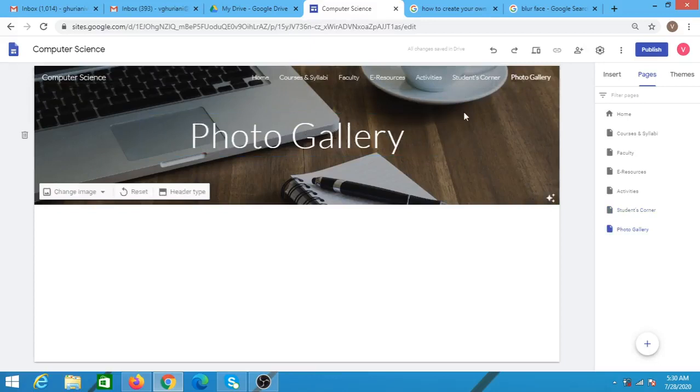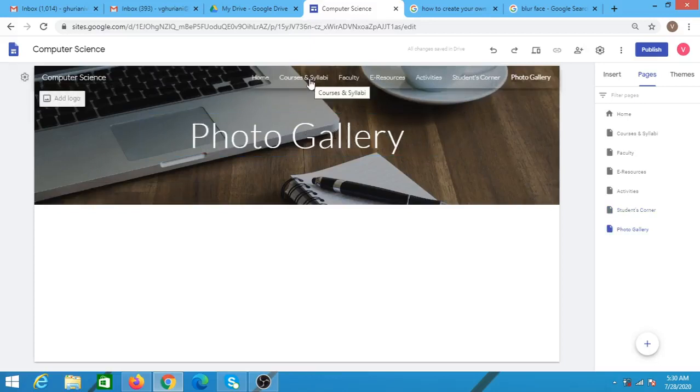The second thing that I'll do is I will add sub pages to the pages that I've created. For example, if a department is catering to different courses, and if I wish to create separate page for each course that is being dealt by the department, I can do over here. So computer science is basically dealing with BA program and BSc physical science with computers and GE courses. So I'll be creating 3 pages over here.